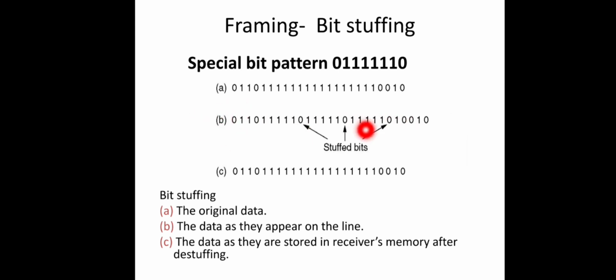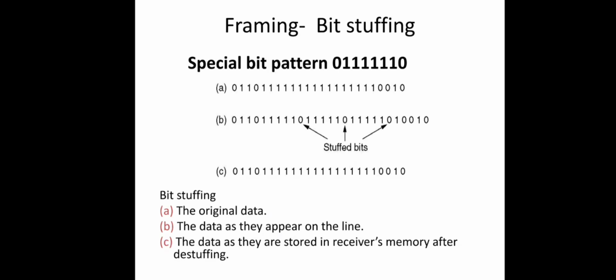And obviously at the start and end we will insert the special bit pattern. At the receiver side, using this delimiter, the frame will be retrieved, and while processing the data, whenever it sees 5 consecutive ones, the next 0 will be removed. Definitely it will be a 0, and that will be removed to get the original data. So at the receiver data link layer, this is the frame received after destuffing, removing all these extra inserted zeros. This is the original data received after destuffing. So this is the third method used for framing.